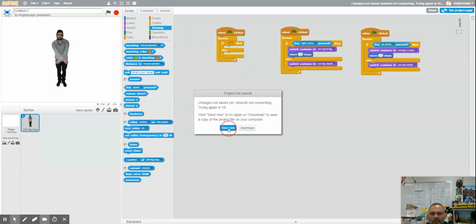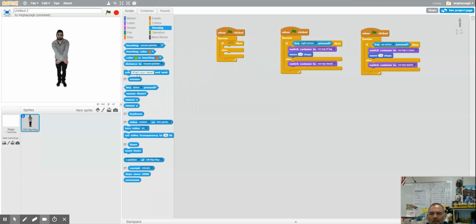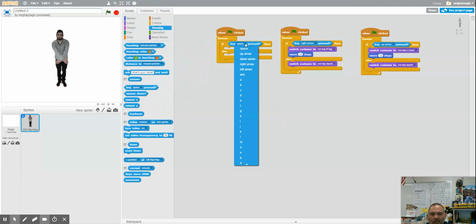Let's see, key pressed, right here. And we can change that key. So I'm going to move that, drop it right there. That's the great thing about block programming. And we don't want the space bar, so we're going to do the left arrow. If the left arrow is pressed,